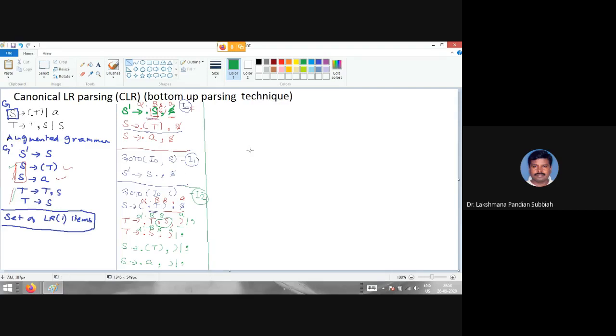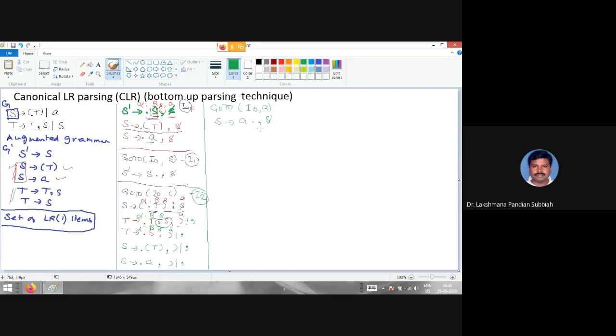Right. Now we have to continue. For I0, we are having open bracket is over, then I0 comma A. So we have to consider this I0 comma A, right? So now here what we have to do is S test. So you have to write that one. Go to I0 comma A. So you will get now S derives A dot, comma dollar, right?